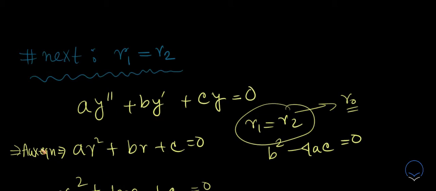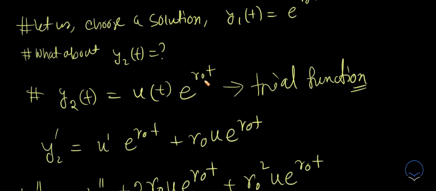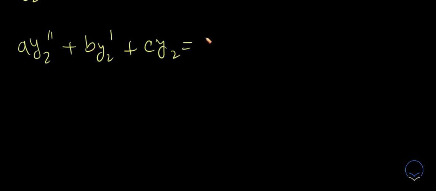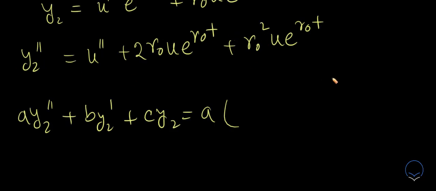Since we are assuming y2 satisfies this equation, let me write a y2 double prime plus b y2 prime plus c y2 as